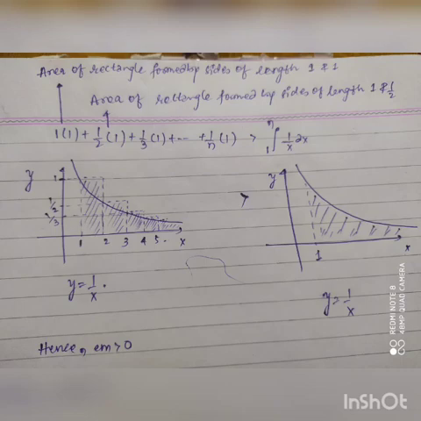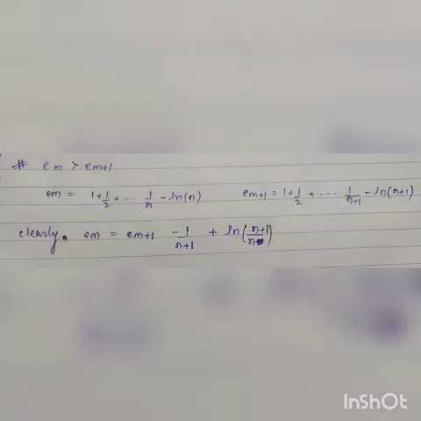Also, the integral of the function 1 over x from 1 to n is the area under the curve 1 over x with the x-axis from 1 to n. Using the curves and the given shaded area, we can easily see that in the left curve we have an extra figure which is a trianguloid, and these extra trianguloid areas are giving extra values to the series. So we can easily see that Hm is greater than log n, and hence we can say that Em is greater than 0.